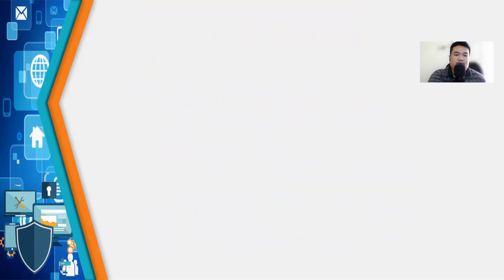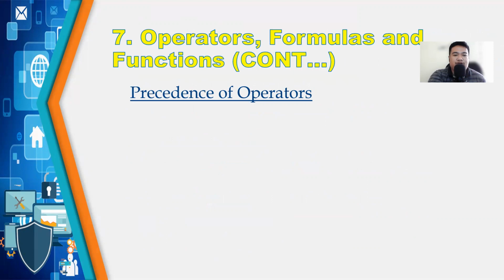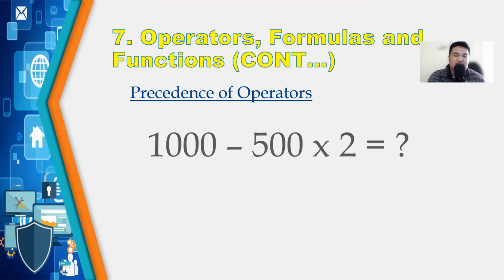Let's continue with our slide. So in application to the precedence of operators, check natin itong ating example. For example, meron tayo sa ating formula na 1,000 minus 500 times 2 is equal to, ano kaya ito? So the answer of this formula, following how Microsoft Excel caters our precedence of operators, would be 0. So bakit kaya 0? Kasi dito sa ating